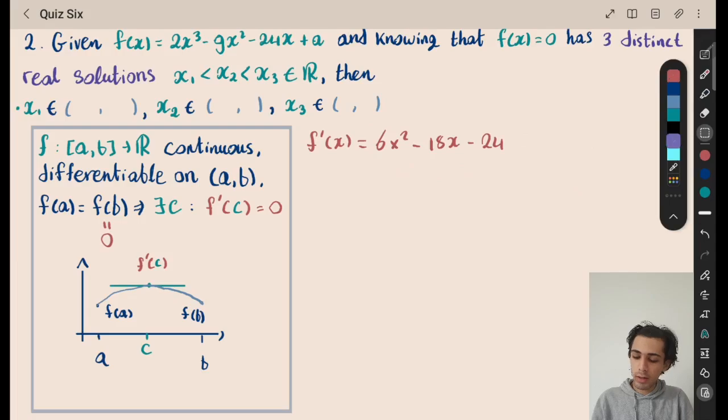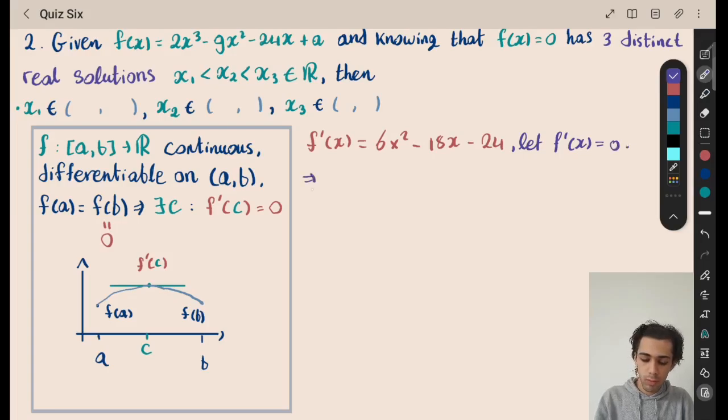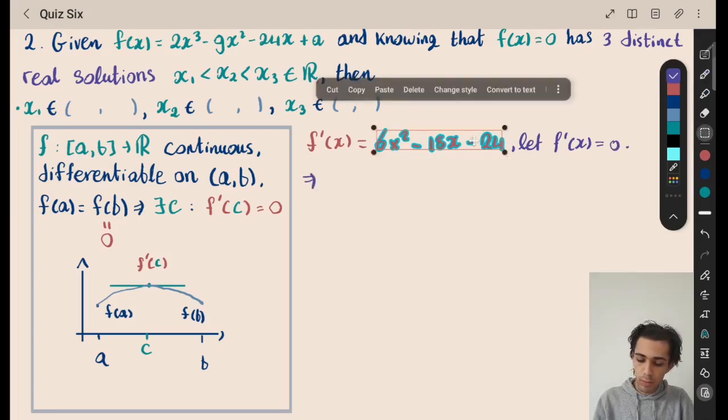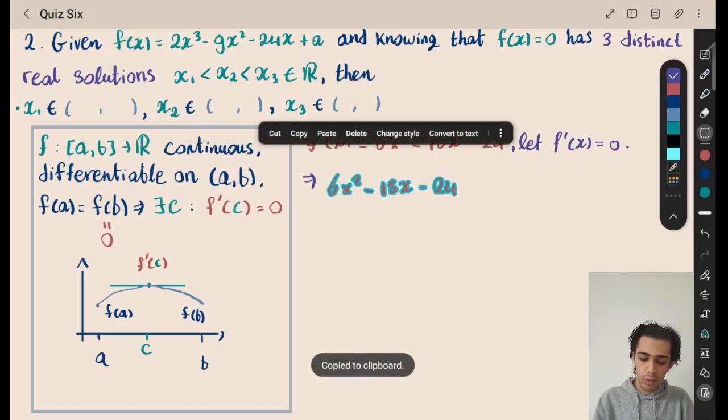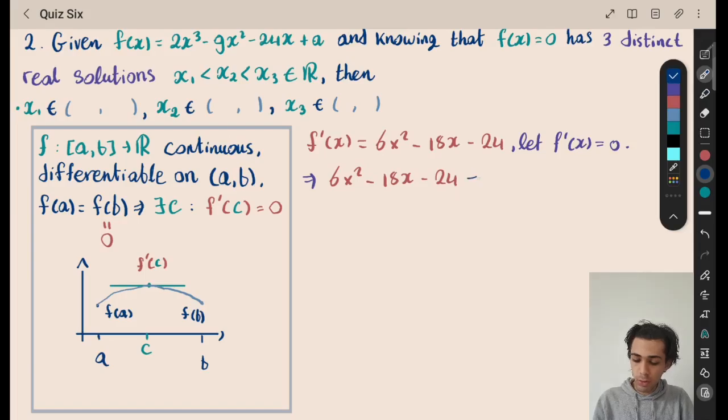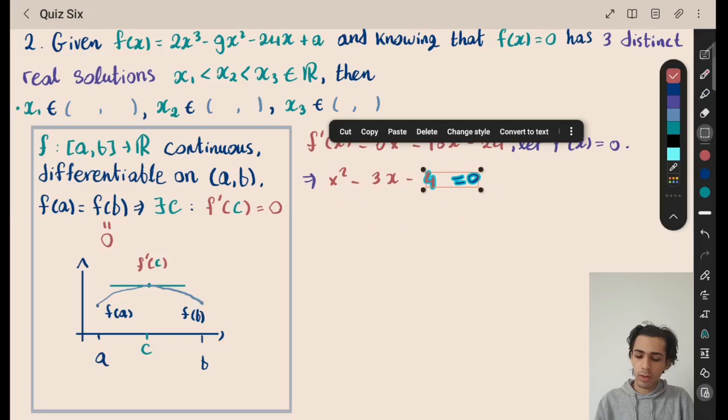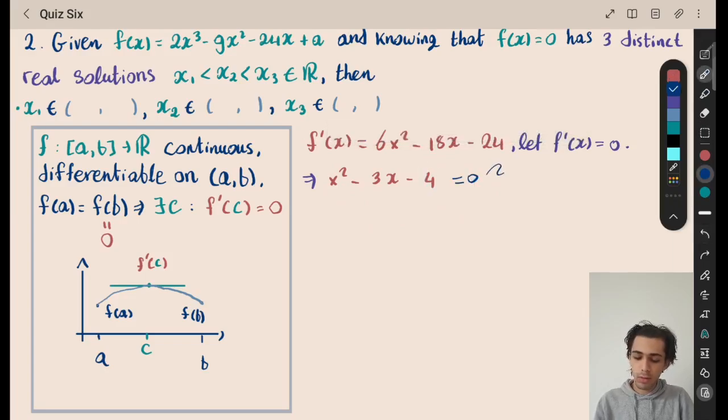And how about I try to find the roots of this derivative function? There's something that I'll immediately do because it's bothering me. I can divide by 6. So x squared minus 3x minus 4. And then this is not too difficult. You could use the quadratic formula, but yeah, and this will give you that you have